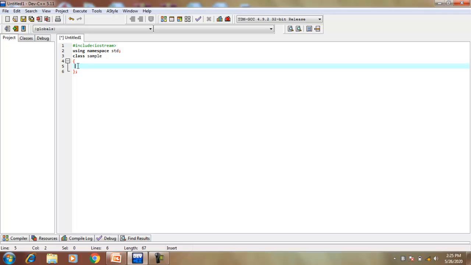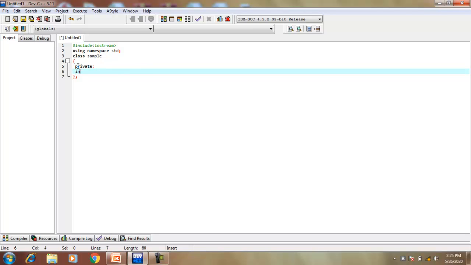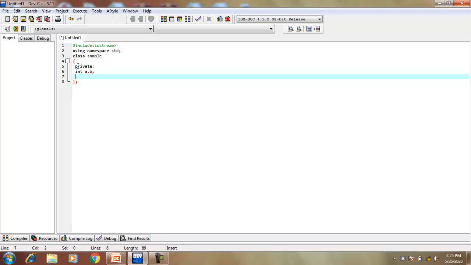Data members are declared as private. So first I write the keyword private, colon, then data type and name of the variables. In this line, a and b are two variables of integer type.